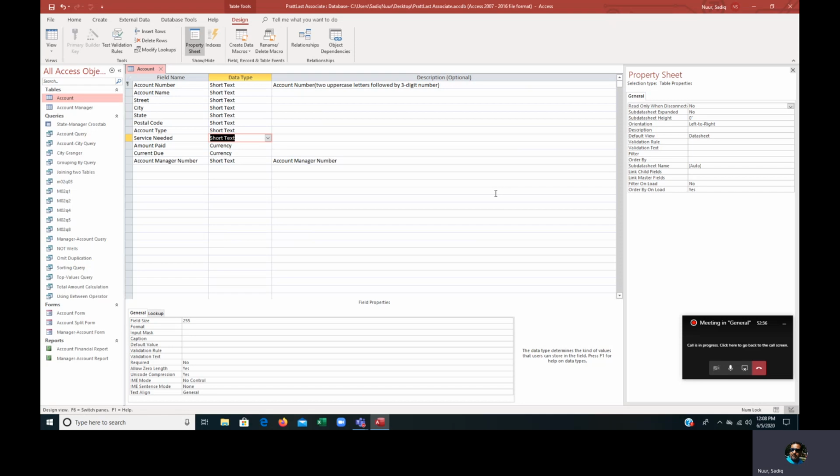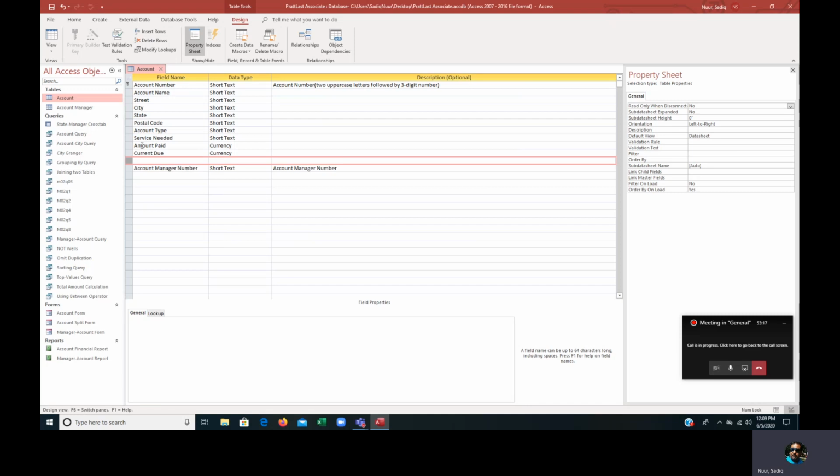Now the next one I'm gonna do is I will add a calculated field to calculate the amount paid and the current due and give us the result of that. So I will go to the account manager number. I will select that because I want to add a new field which is going to be in between the current due and the account manager. So to do that, I selected the account manager number, then I will go to the tools group and click on insert rows. And then here I will say